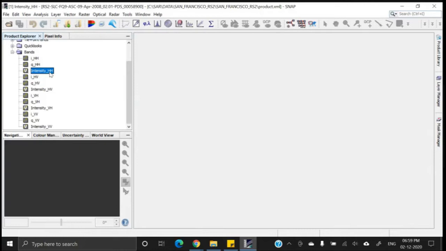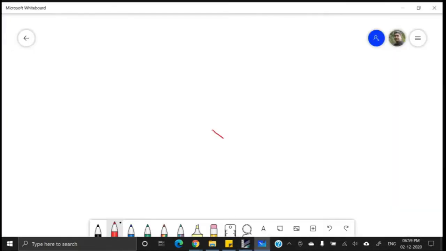Intensity images are generated mathematically. How do we generate the intensity image? It is generated simply with this formula, that is basically intensity image we can get by root over I square plus Q square. Okay, so thus we can get the intensity image.